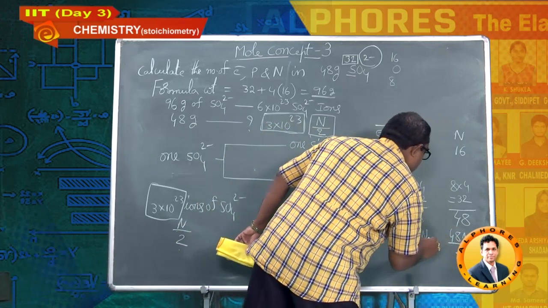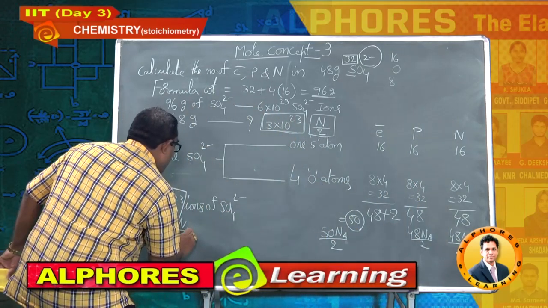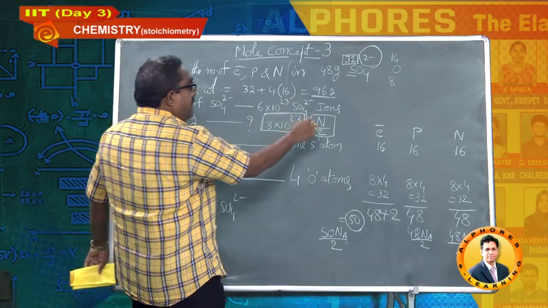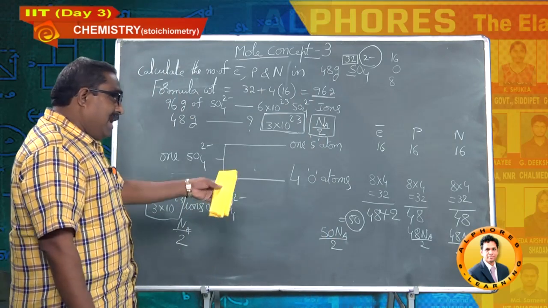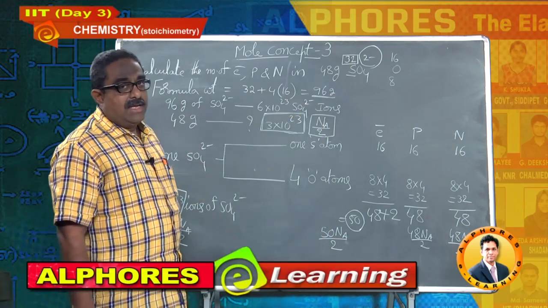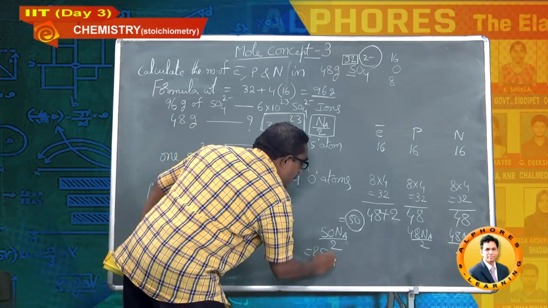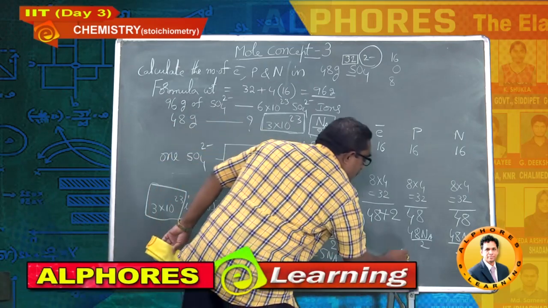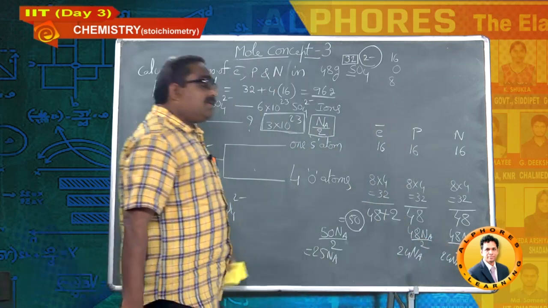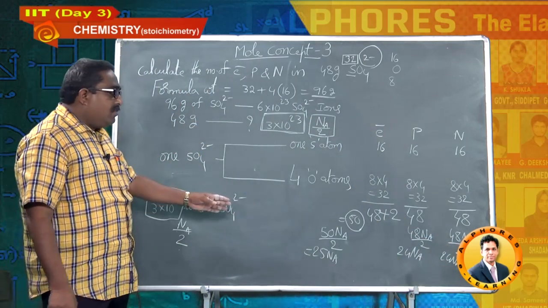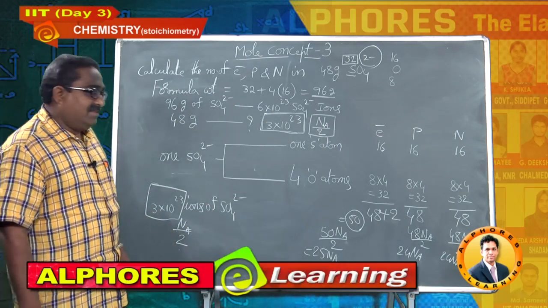I am going to write it as Na, students, because we are using capital letter N for number of neutrons. So, I made a small change in the notation. Na it is better to write, because N is also a symbol we are using for number of neutrons. Don't get confused. So, final answer is 25 Na here, 24 Na here, 24 Na here. If anybody asks you to give the answer in value, you should multiply that with 6 into 10 power 23.